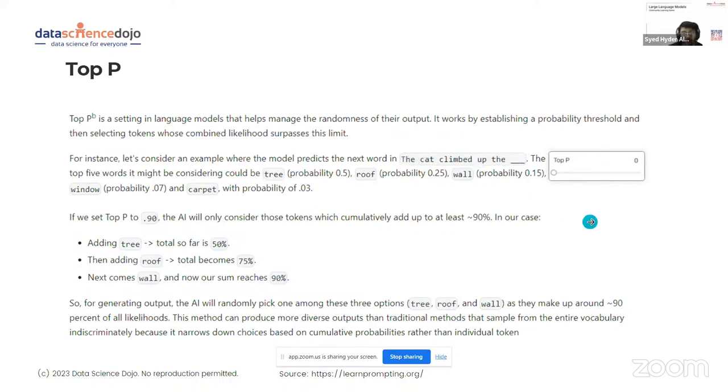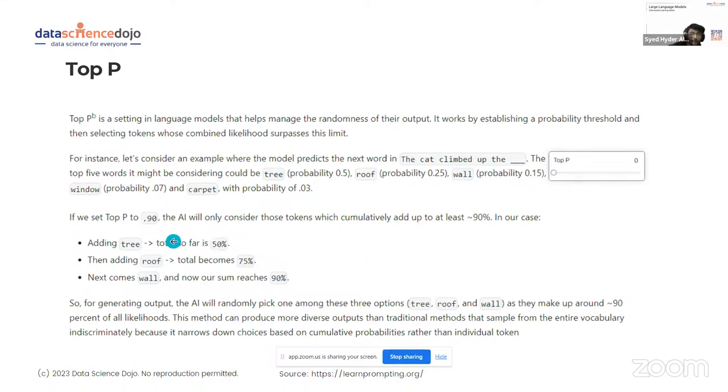Based on its training data, our LLM will see that whenever this sentence appeared, the next word was tree, roof, wall. So the tree had a probability of 0.5, the roof 0.25, wall 0.15, window 0.07, and carpet 0.03, the very lowest.